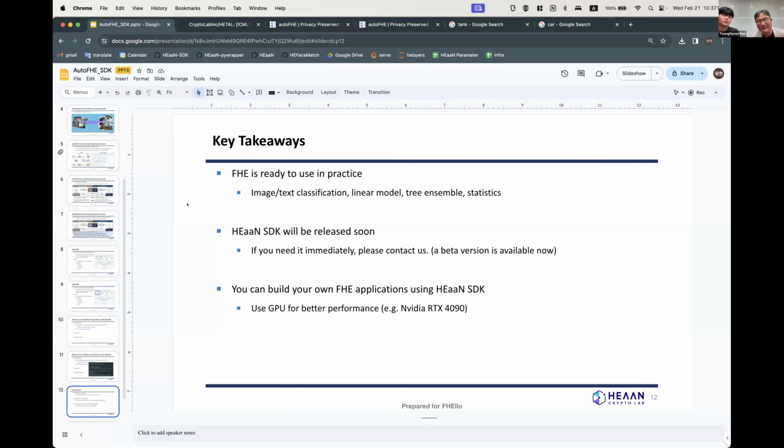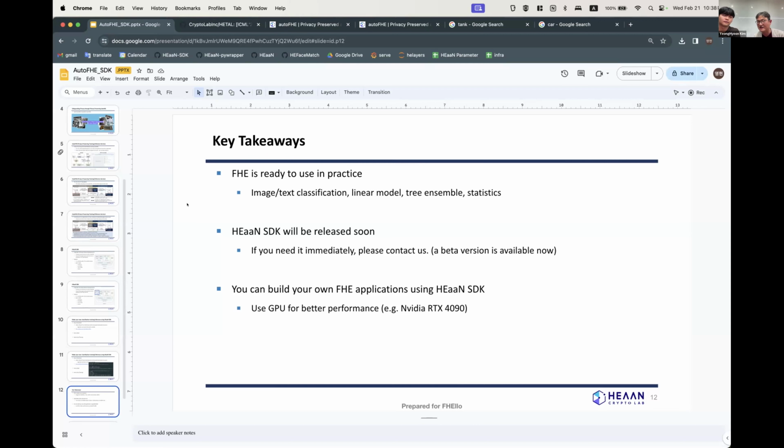The second one is that our HAN SDK will be released. Now it is in the beta version, but if you want to try it, just contact us and we can share our beta version for your test. Using the SDK, for your research, testing and development, you can build your own FHE application.